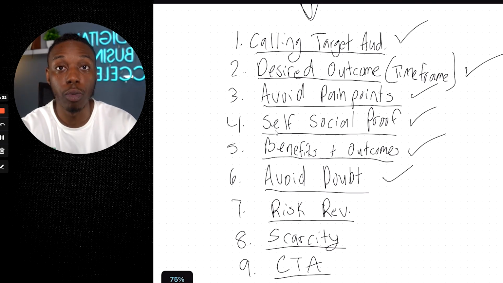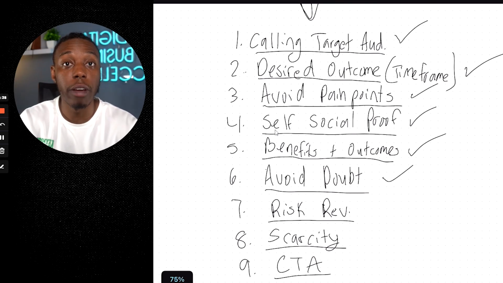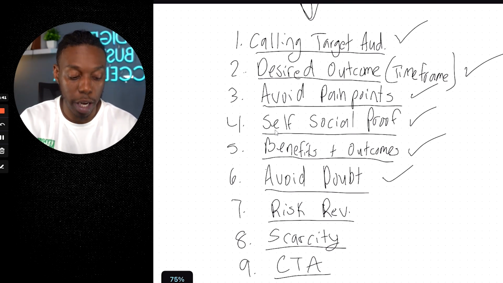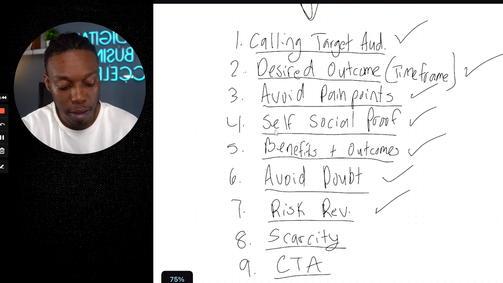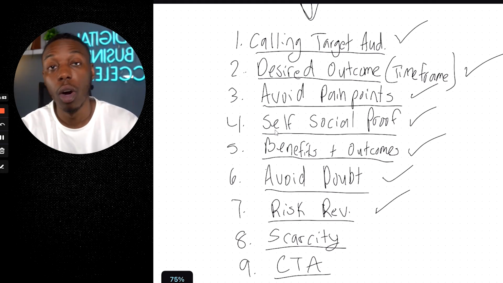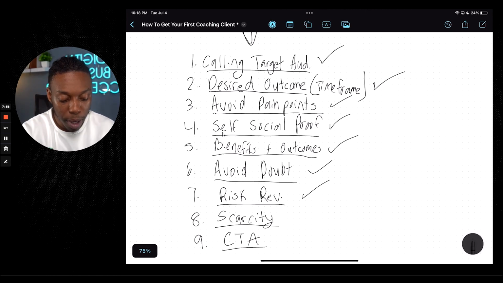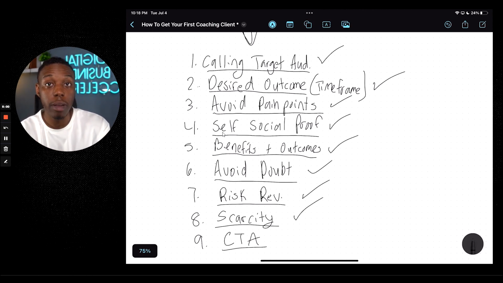This system is going to be great even if you've never onboarded a coaching client yet, even if you don't have the most money to pay for ads, even if you aren't the best sales expert at all. I'm so confident this system is going to work, and if it doesn't, I'm going to give you a full refund. Or if you don't get 10 clients in the next 90 days, I'll give you a full refund. Or you can say, if you don't get 10 clients in the next 90 days, I work with you for free until you do. But this is only going to be available for 3 people, and this opportunity is going to only last until Friday. So now is the best time to get in.